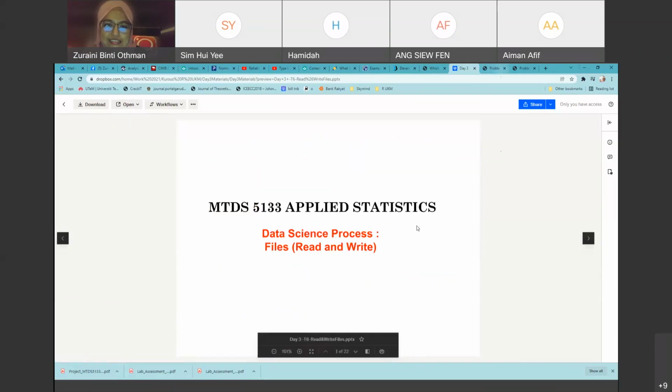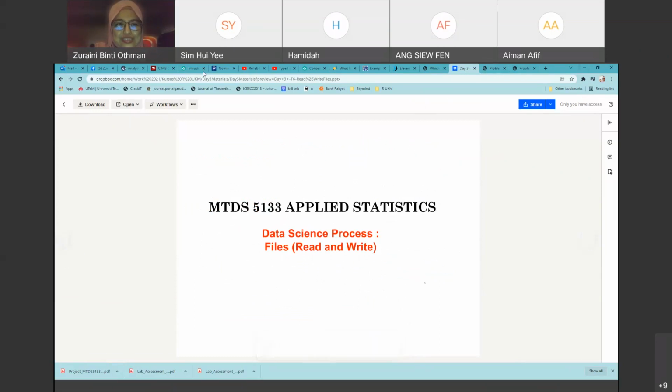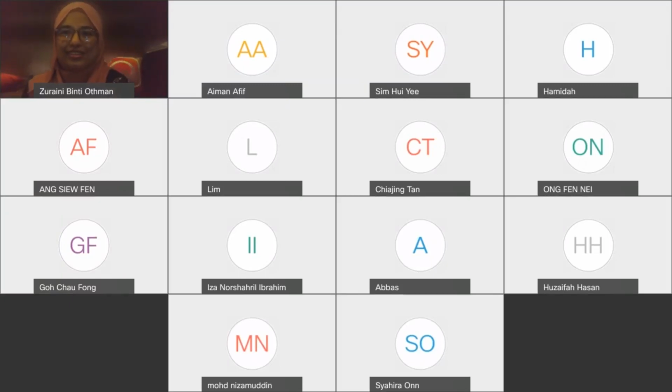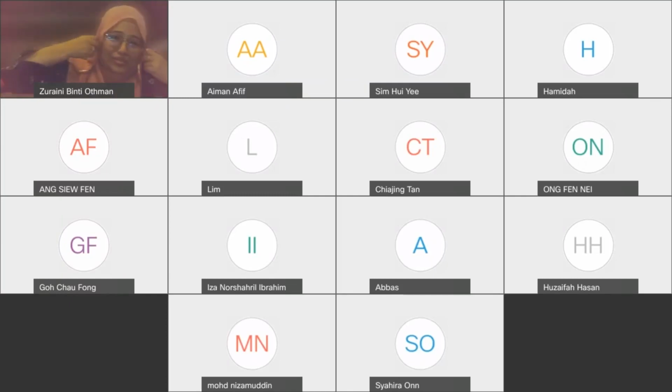We have absorbed too much. Sorry, I cannot absorb any more. I understand, that's why I ask you. So we will go slow and steady. Maybe for the next class we focus on how to read and write, and on R, from the R material that I put in ULearn.